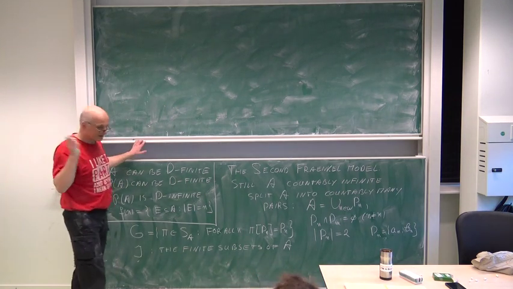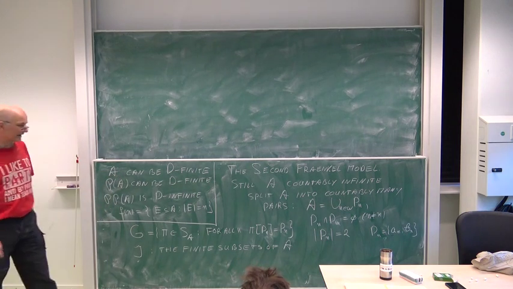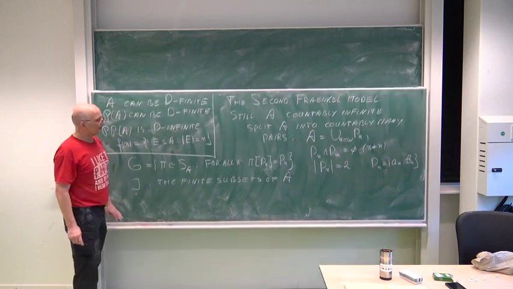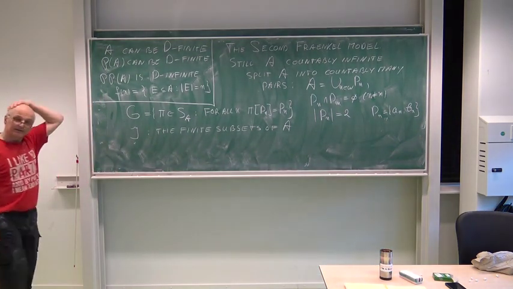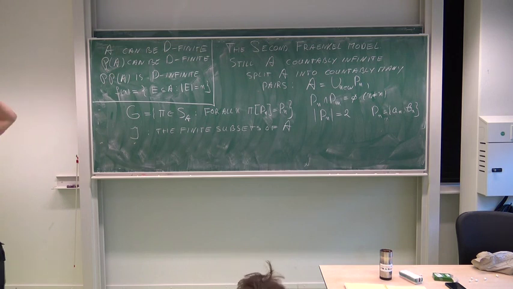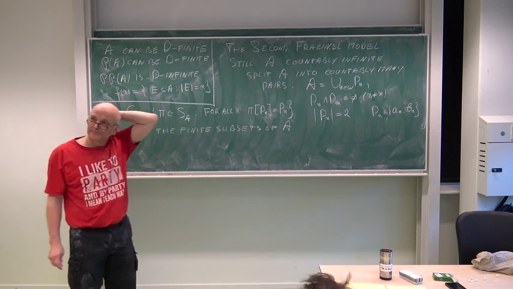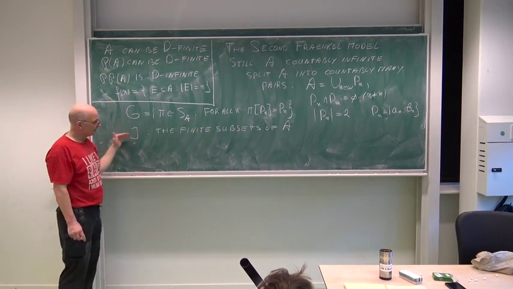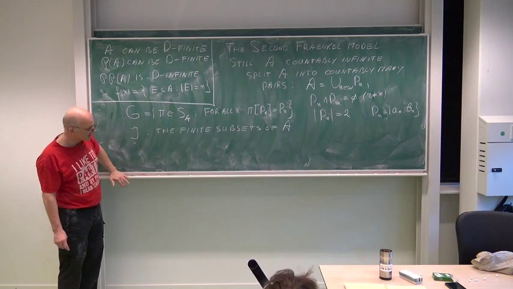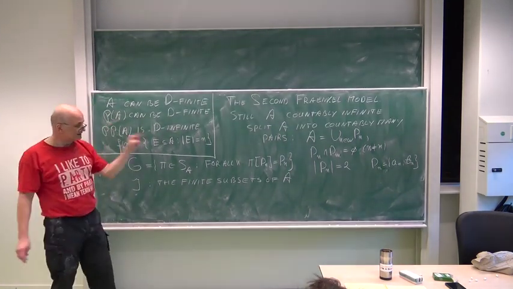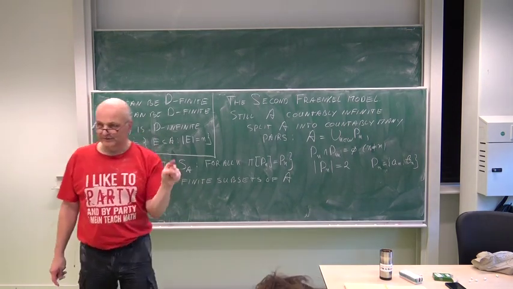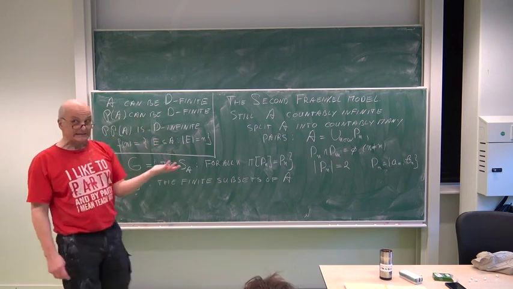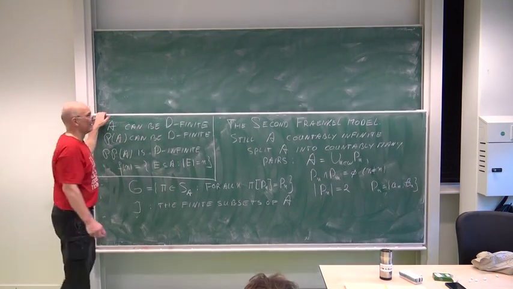So what I did in the previous hour, sort of sneakily, I already proved that there is no choice function for this set of pairs. So let's have a look at the situation again. Countably infinite set A, we have split it into pairs, and this is our group. These are our supports, the finite subsets again. And the sequence of pairs belongs to the symmetric submodel, the permutation model. We need that because otherwise I know it.